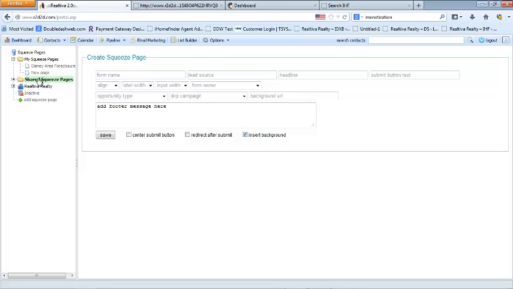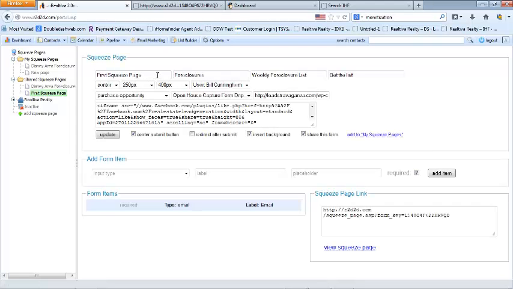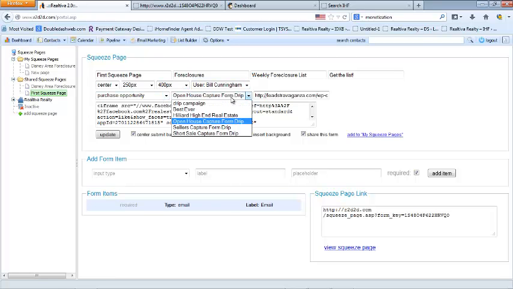So let's go ahead and look at a squeeze page we created just so you can get an idea, and I can show you a couple tips and tricks. Let's go ahead and click on my first squeeze page. Foreclosures. It's for the weekly list, the button name, get the list, and we have the styling for the form itself. It's assigned a bill, it's a purchase opportunity, it's going to go on this drip campaign, and we also have our